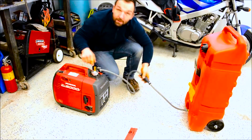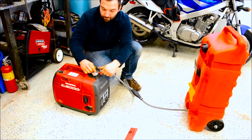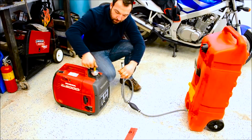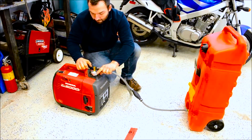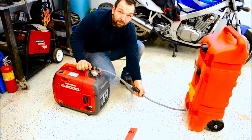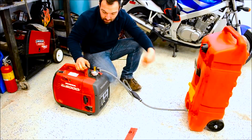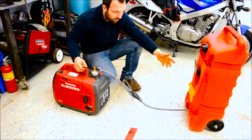It fills the tank. The trick to this whole thing, I found, is that you have to fill this tank up full. Then you just throw this cap on, click your line on, and pump, pump, pump. As soon as the bleeder valve gets hard, that means you don't have any air in the system and it'll suck. If you have air in the system, it won't technically work because it won't